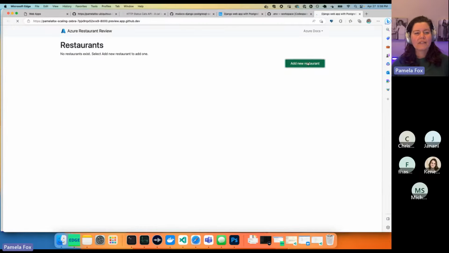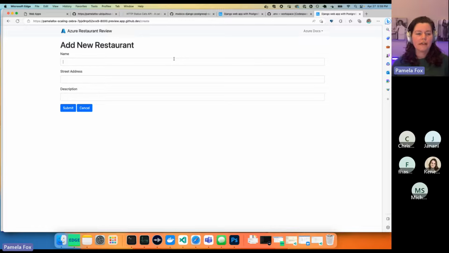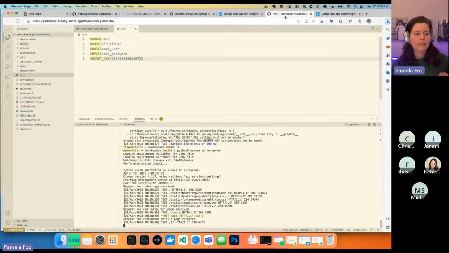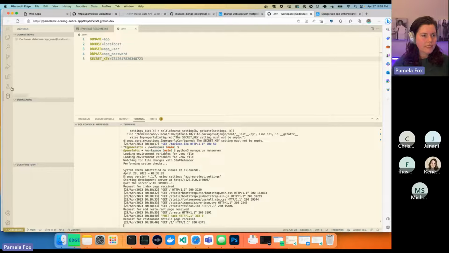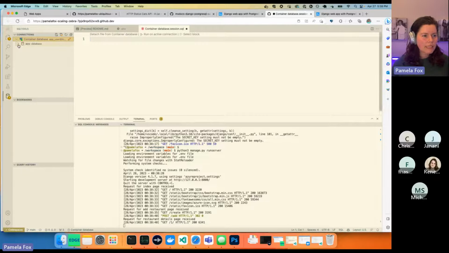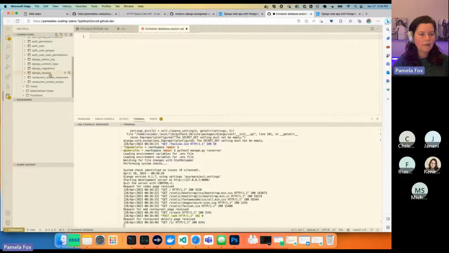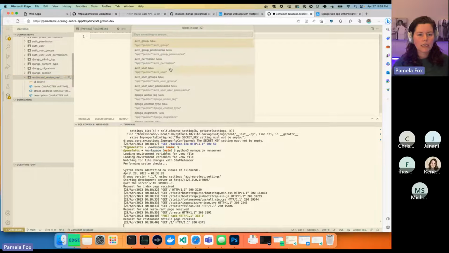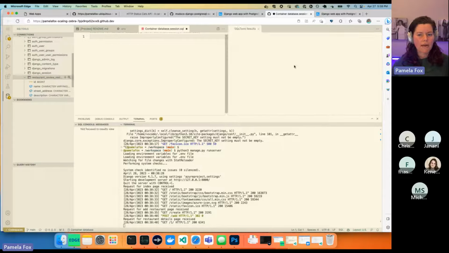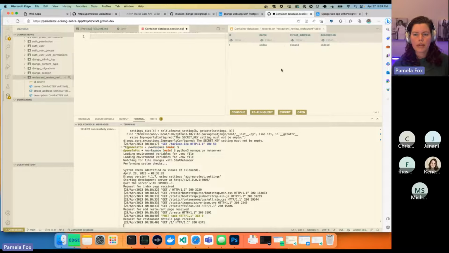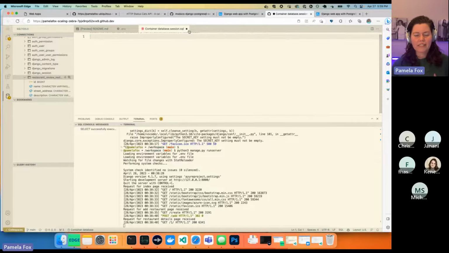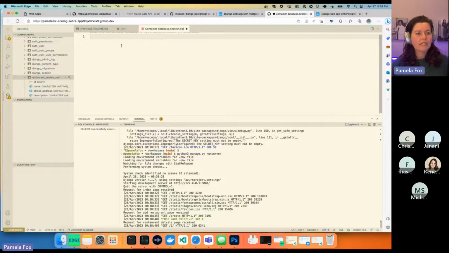Here we go. Okay, so this is running basically locally from Codespaces. So now I can add stuff to it, and this is all just in the local Postgres database. And I actually have this VS Code extension, SQL Tools, which lets me explore the local database so that you can actually see what's in it. So you see all the default Django tables, and then we also see the ones we added. So I can take a look at restaurant review, right? And we can see this amazing, amazing restaurant I just added. So that's cool. That is all stuff you can do locally with VS Code.